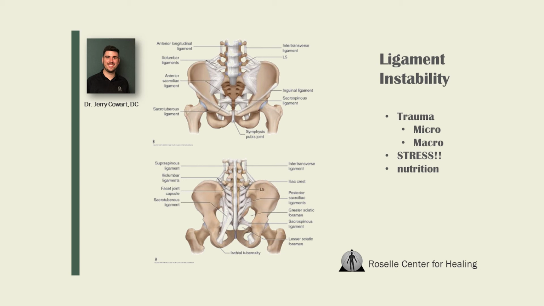But yeah, you've got a lot of ligaments here that keep the whole sacroiliac, lumbar sacral complex together. And if one or more of those ligaments aren't stable, you can see where you'll just have a breakdown of all of that, which in turn will just cause that derangement in that sciatic nerve, giving rise to sciatica.